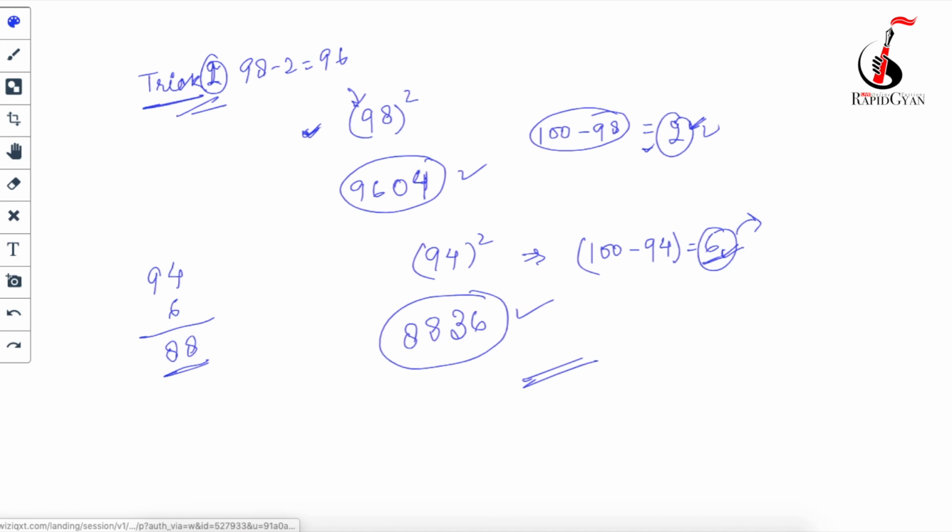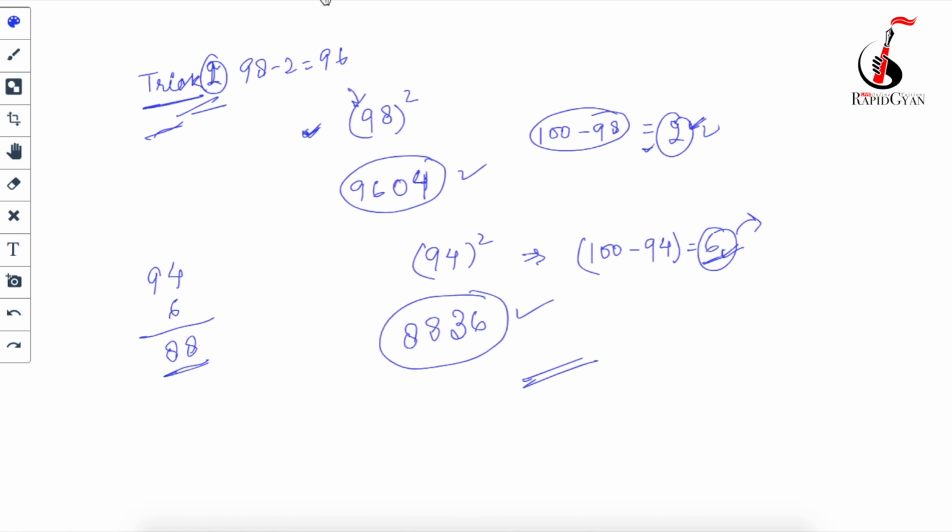Now I am going to tell you the next trick, which is the third trick. What was my third trick? The third trick was to find the square of a number which is greater than 100 and nearer to 100, means from 101 to 109. Here also take any number, but I am going to take 102. I will have to find the square of 102. Here you will have to do a similar thing to the previous trick, just instead of subtracting, here we will have to add.